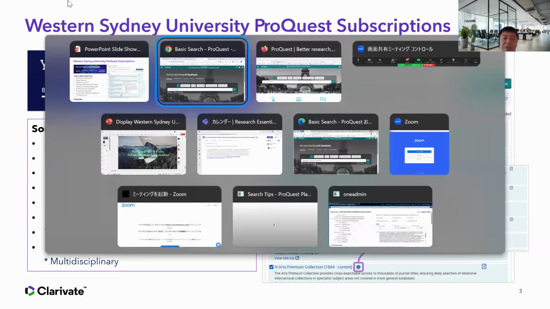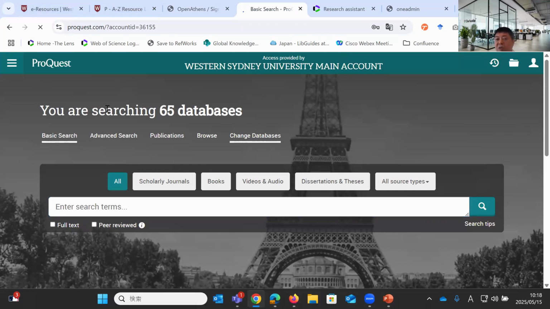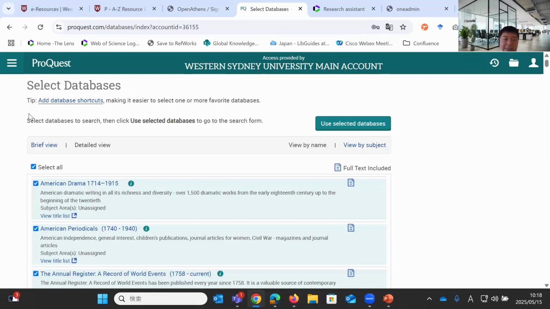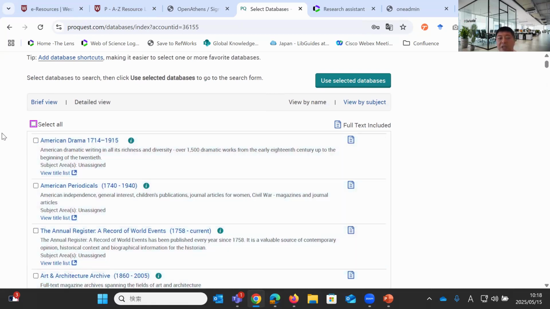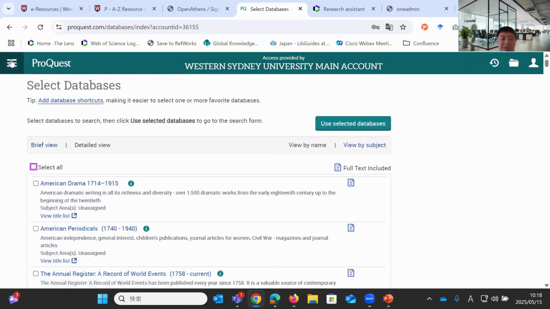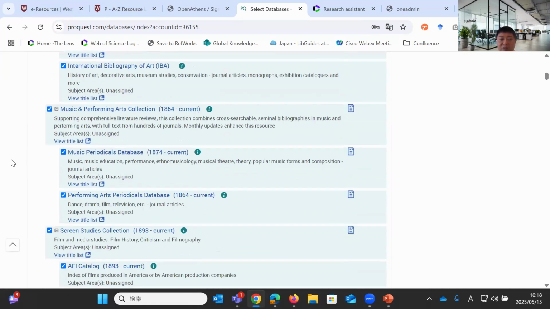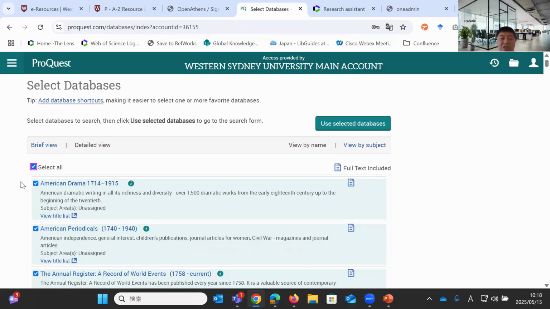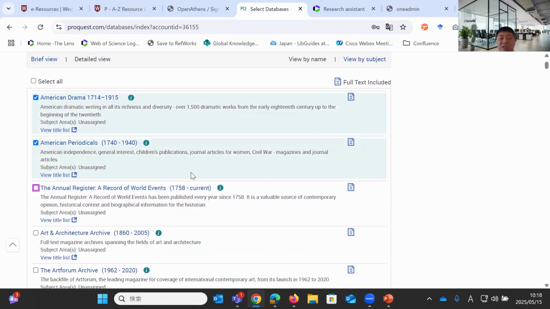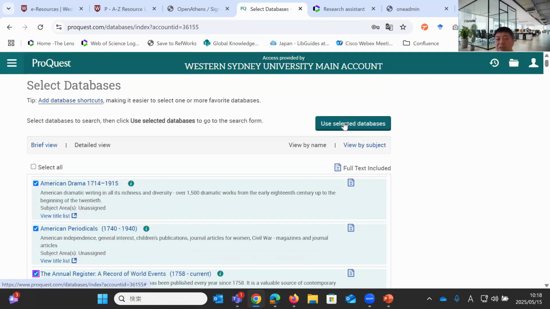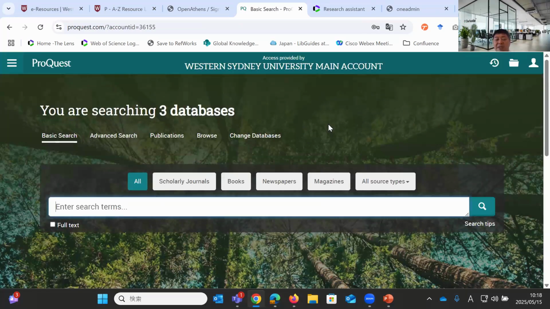Many of your librarians already know this, but if you're a junior person, everyone starts their career sometime. From the menu, you can select databases, change databases, and this is the page. If everything is selected, the platform cross-searches everything. But you can select which ones you want to search. If I just select these three, not thinking about discipline here, just for the sake of exercise, it cross-searches only the three databases that I selected. So you can combine collections as it fits.